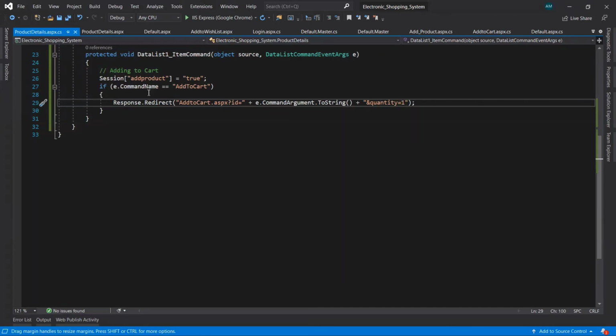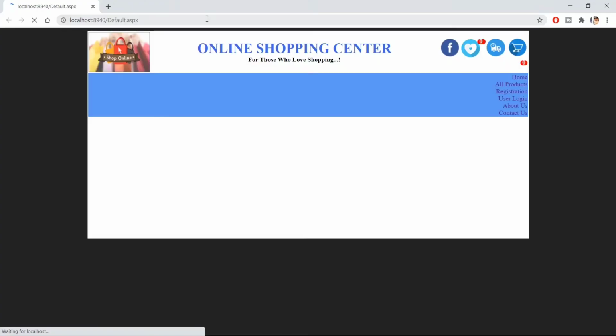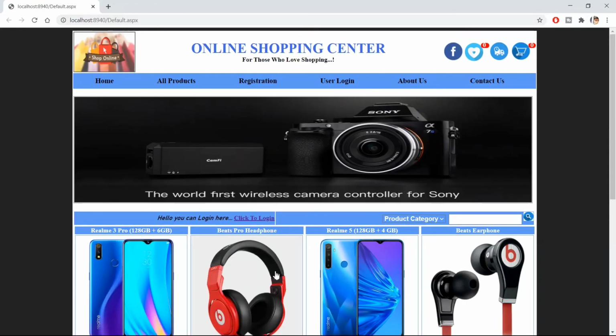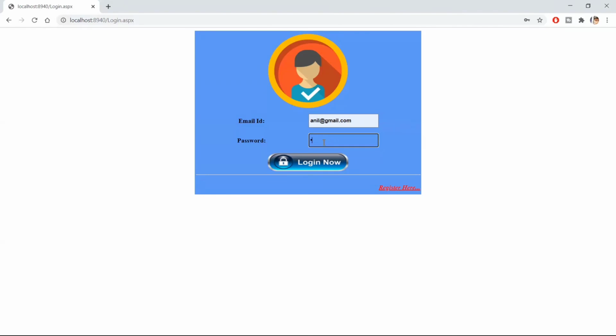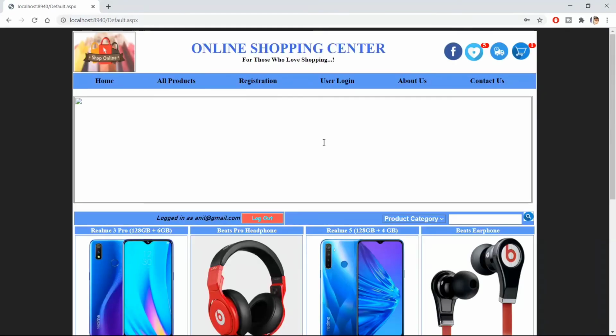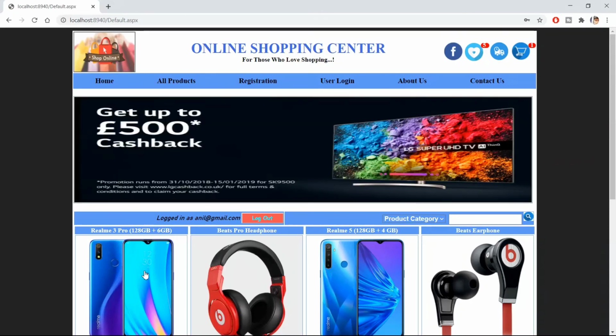So let's debug here, put a breakpoint here, and now run our project. Let's log in. Now click on the product image.